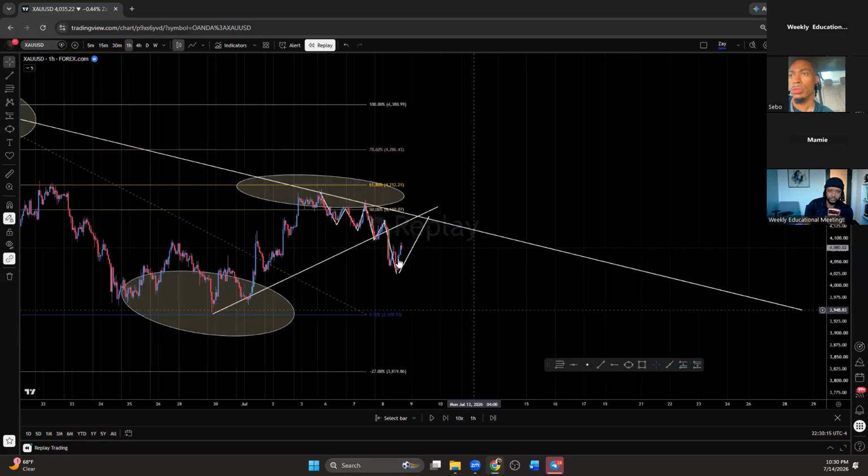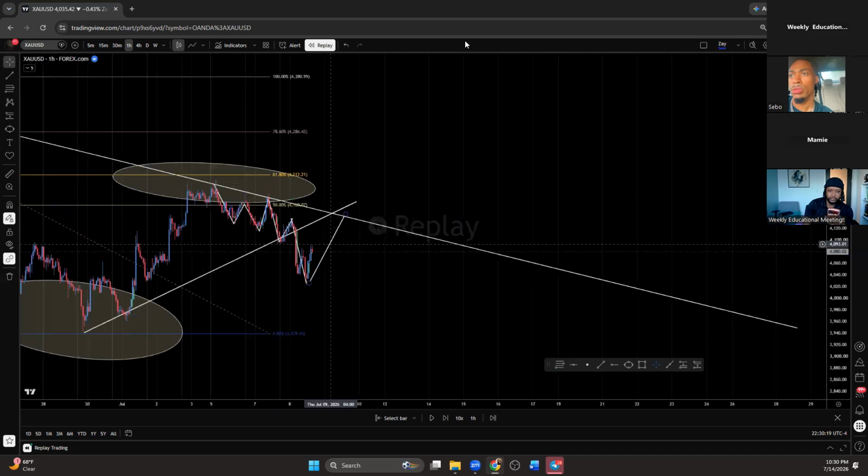All right. After we got the breakout of this trend line, the only thing you need to wait for is a retracement back into where it broke out from. And what I mean by that is you see market creating this high, low, lower high, lower low, lower high, lower low, lower high, lower low. Now, once you get that break of this trend line, you really want to see market just retrace.